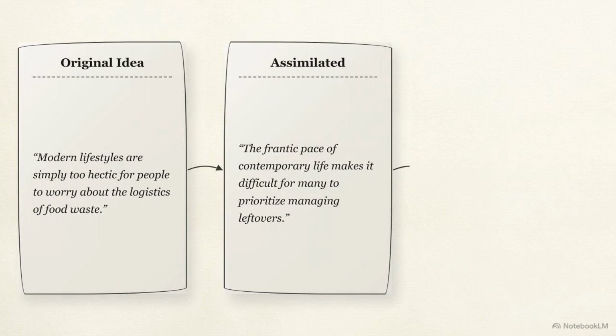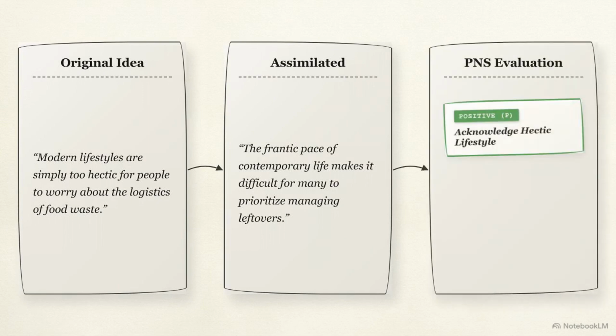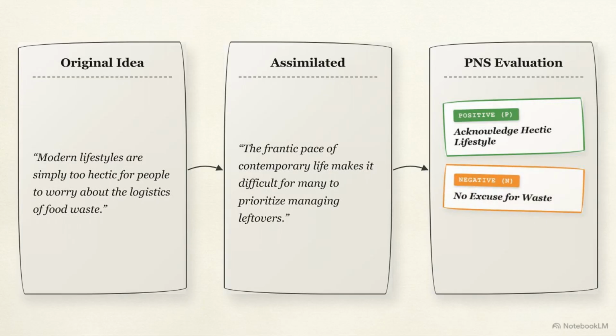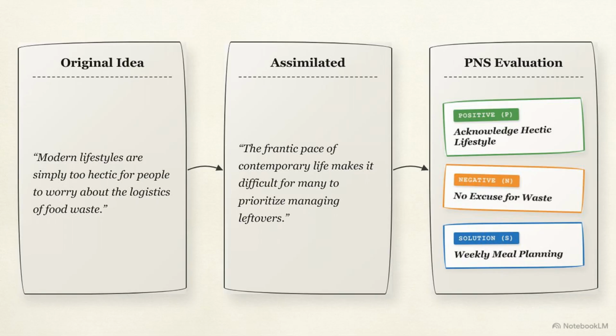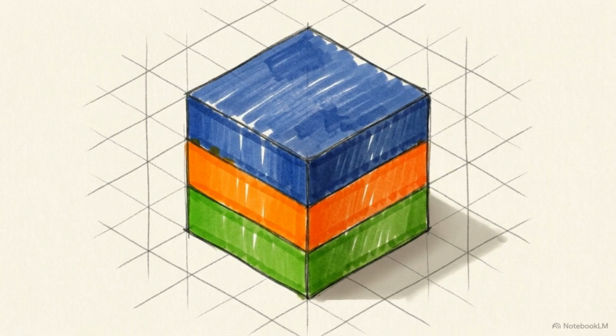Let's test a food waste claim. Positive step: it's true, modern life is hectic. Negative step: however, a busy schedule doesn't excuse wastefulness. Solution: simply meal plan 1 extra day a week. By layering these 3 perspectives, agreeing, pushing back, and fixing, you take a flat observation and turn it into multi-dimensional